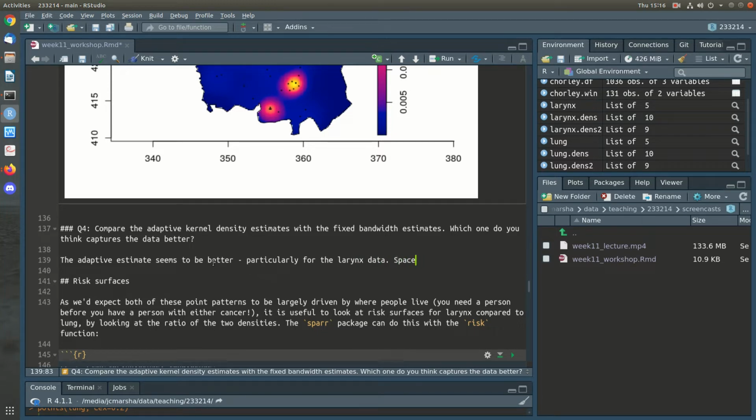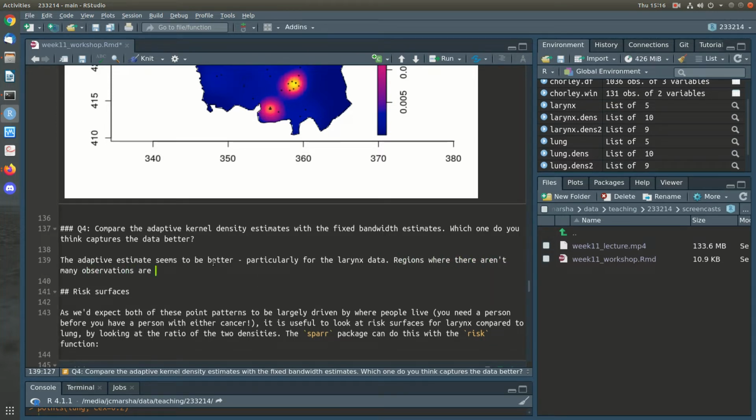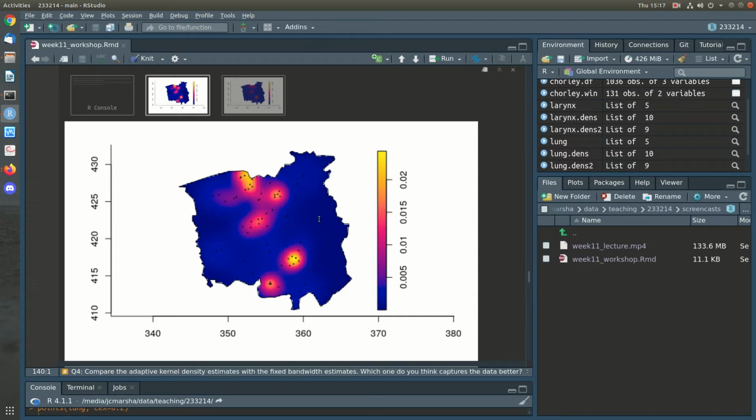Spaces, so regions where there aren't any observations are undersmoothed with the fixed bandwidth. And this is remedied in the adaptive estimate. Okay, so now we need to compare these two things, and what we can do is